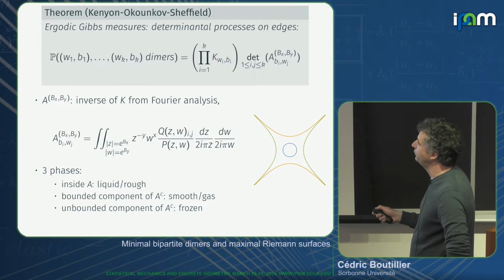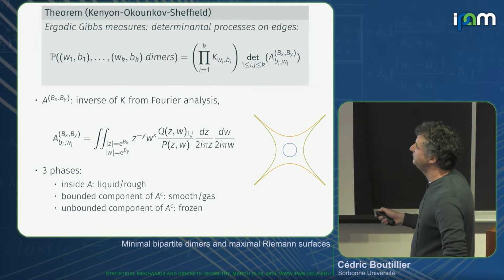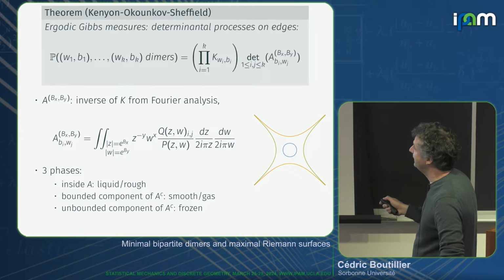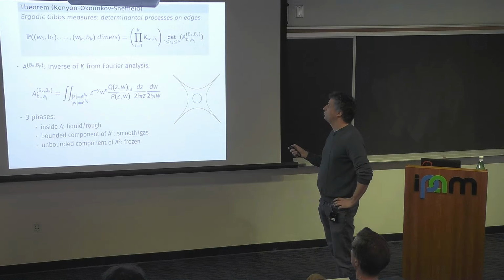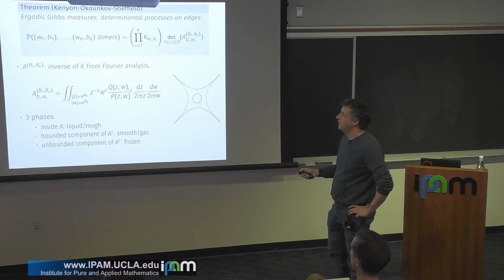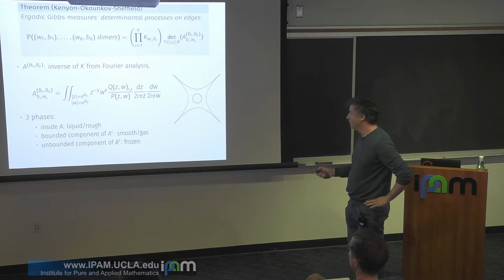You have the product of the entries of the Kasteleyn matrix corresponding to the edges you are interested in, times the determinant of a k by k matrix, whose coefficients are the entries of what can be seen as a formal inverse of the Kasteleyn operator from Fourier analysis,